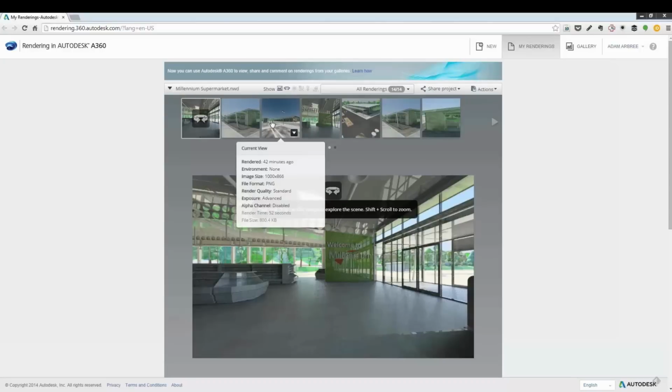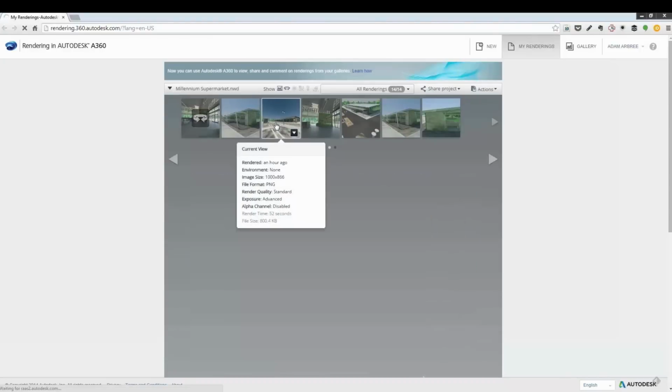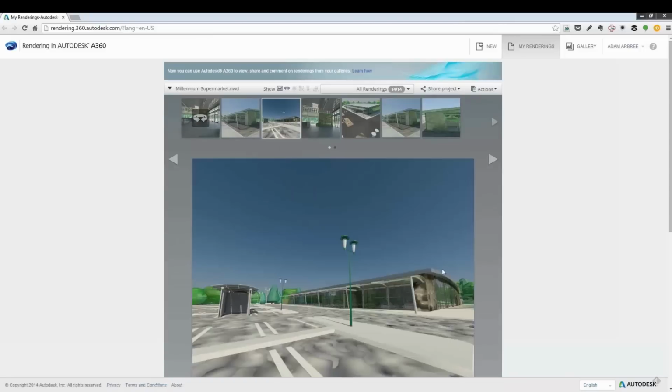So this is an example I did earlier. With that cladding, with the green lamps, and with the asphalt. If you're happy with that, generally with the lighting aspects and the materials applied, and you say, okay, I want to use this for a client presentation, I need this in higher resolution, I can say re-render with new settings,